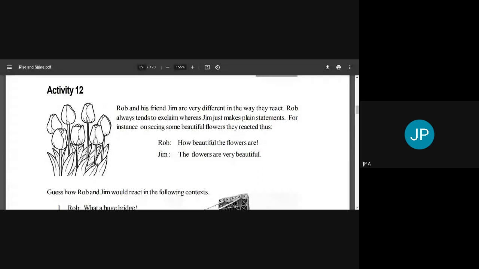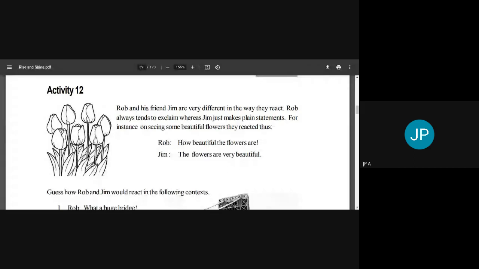So here the example also says the same thing, that this Rob and his friend Jim. So we have again the character appearing in this activity. Rob is the character in the story. So we have again taken that character to remind us of the story also. So here, these two people, if you look at these two people, they are reacting differently